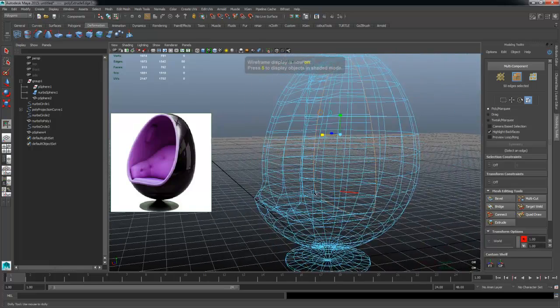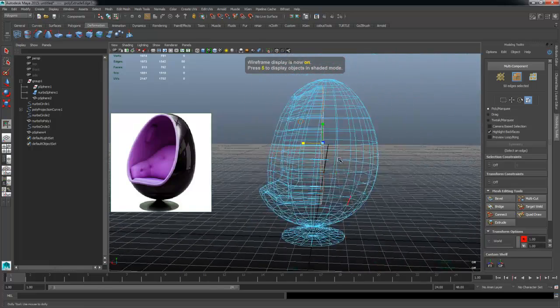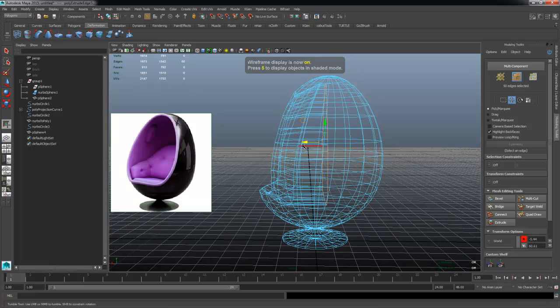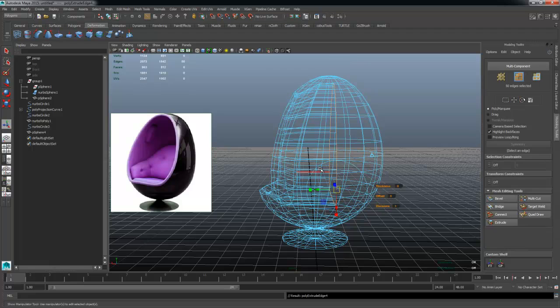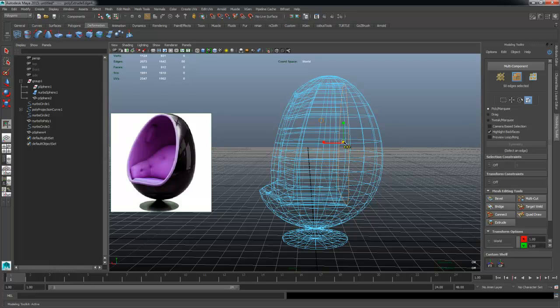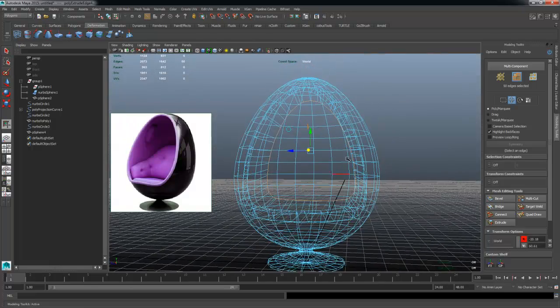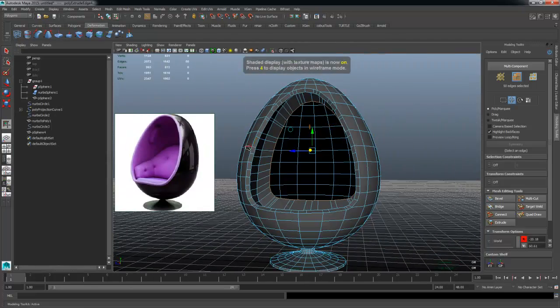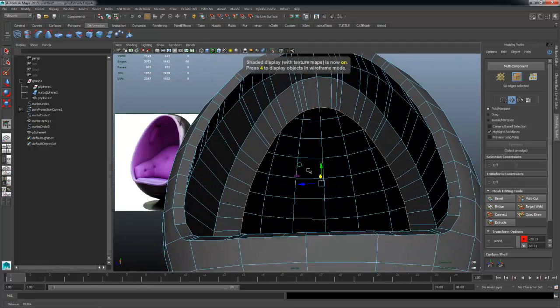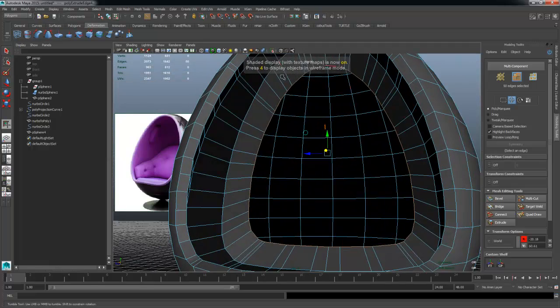If I go to wireframe, you can see it's now nicely clean and flat at the back, which means I can pull this back a bit more. I'm going to do another extrude, pull back, and I'm going to start scaling this in along the center. There we go. Great stuff. So now that I have this extrusion, I will be filling the hole on the inside,